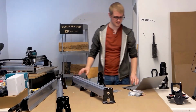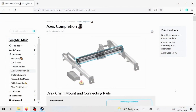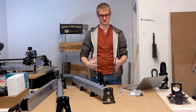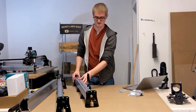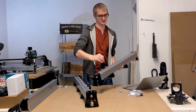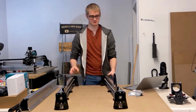Okay. On to the next page. Now, I call this page Axes Completion, and that's because this is where the rest of the main mechanics of the machine are going to come together. It's really cool how quickly it happens. I'm going to, as I promised, face this towards you guys, even though it'll make it a little bit more finicky for me. But at the very least, it'll give you guys a better view of